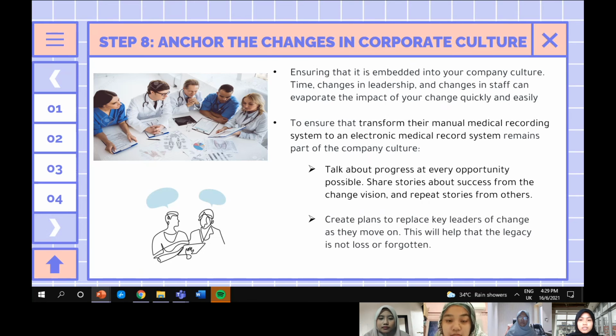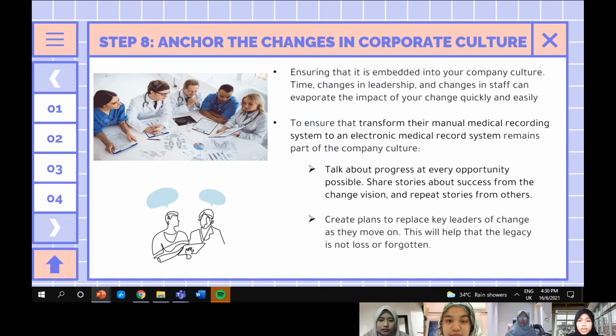To ensure that the transformation from their manual medical recording system to an electronic medical record system remains part of the company culture, to maintain that they continue to use the electronic medical record system, they need to first always